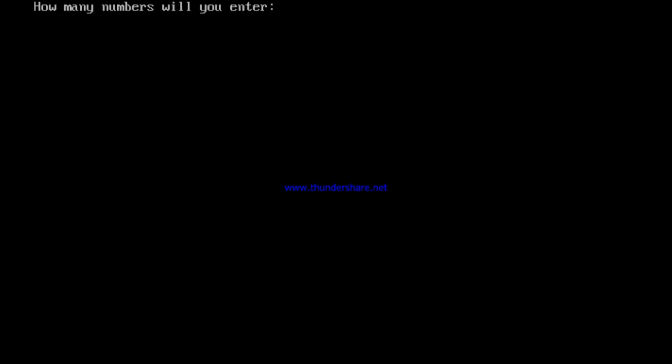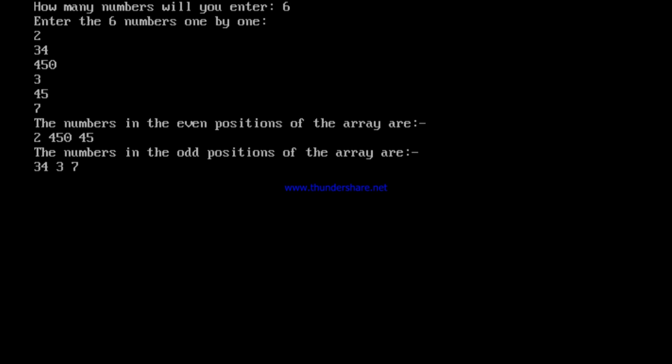Let me just run this program once more. So again with 6 numbers. This time I enter 2, 34, 450, 3, 45, 7, and that's it. See, let me run it. The numbers in the even positions of the array are 2, 450, 45, and odd positions of the array are 34, 3, 7. It is fine, but the look is not that good, because